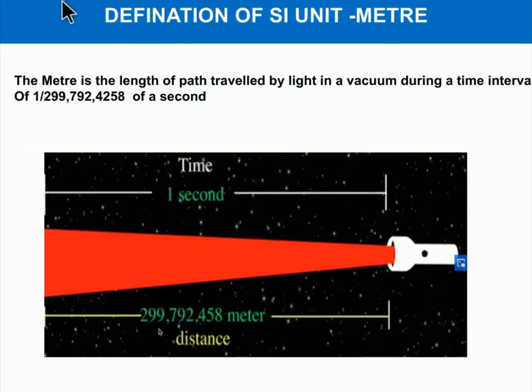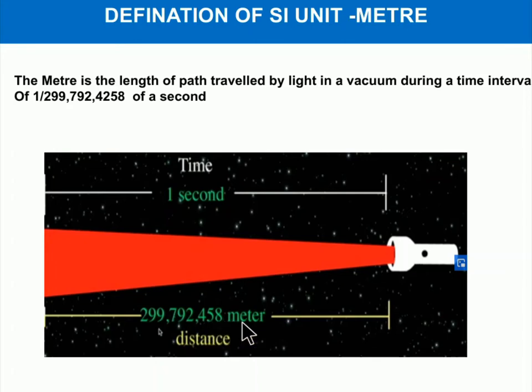Now we will discuss definitions of SI units, starting with the SI quantity length and its unit meter. As we know, the speed of light is 3 into 10 to the power 8 meter per second, which is the approximate value. Actually, the distance covered by light in vacuum in 1 second is exactly